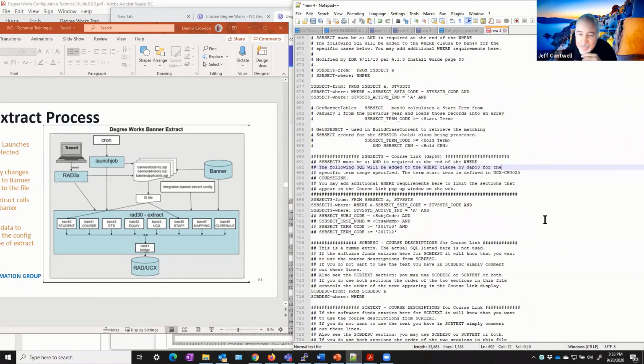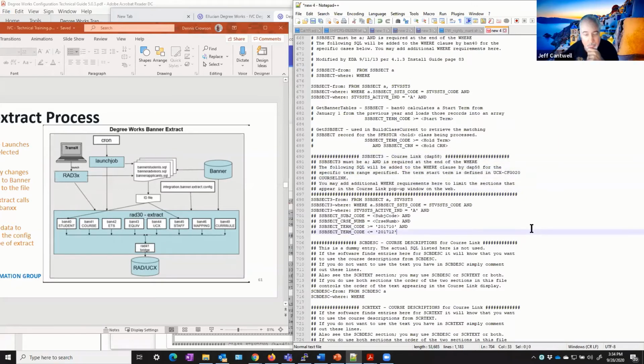So for a school like yours, usually it's more or less just not bringing over developmental courses or something along those respects. With a 4-year school, a lot of times they'll want to muck with the level codes, bring in maybe multiple level codes if a student's maybe moving into a grad program. So that's a big part of what we do. But if you look through here, all the different ones, like course link is